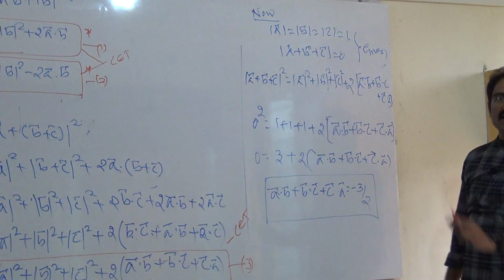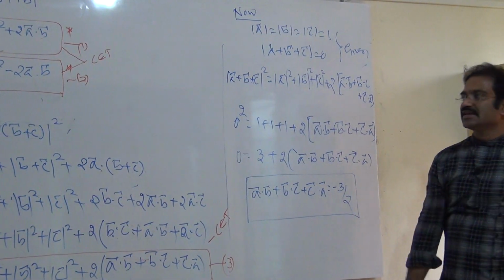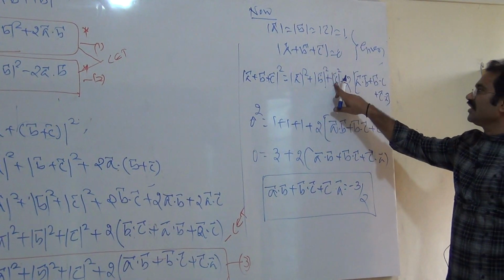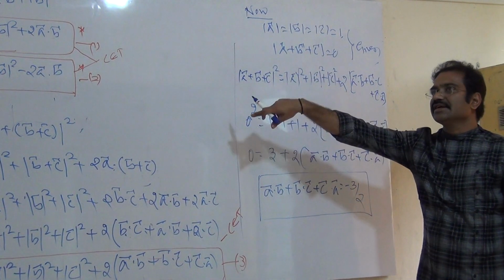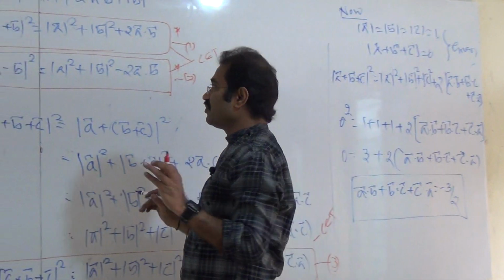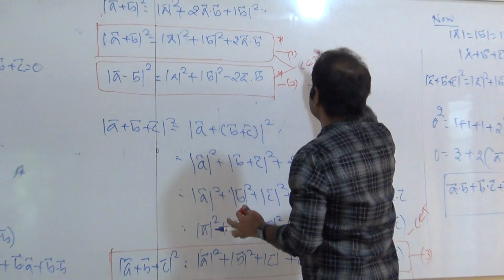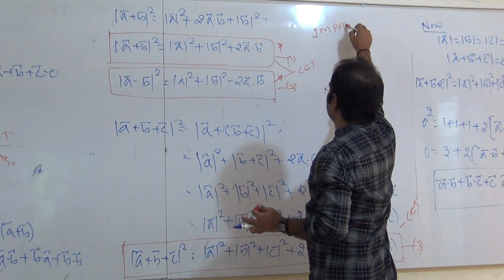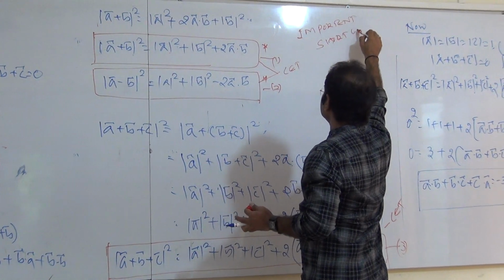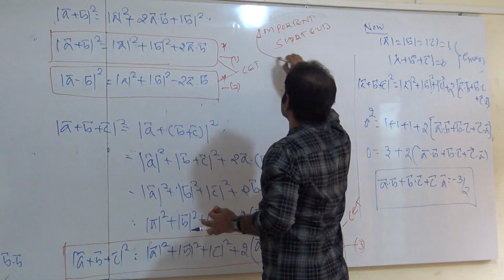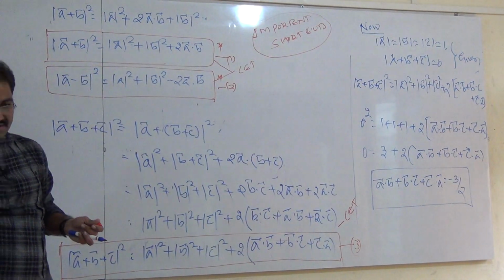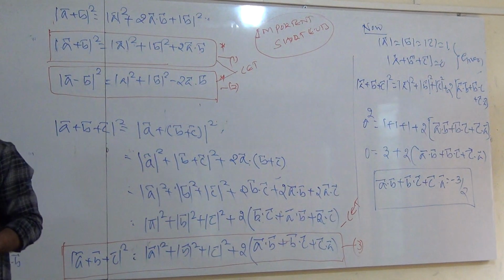I have written it directly. How many seconds? 2-3 seconds is enough. If you know this: unit vectors 1, 1, 1, 3, this is 0, that side minus 3 by 2. Maximum 2-3 seconds you can write the answer. It is very important, hence you write it as important shortcuts. For your competitive exams we require this. While solving the problems you will come to know.